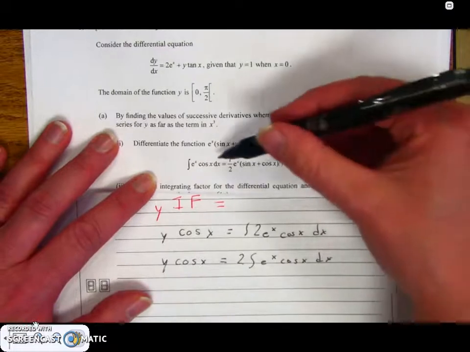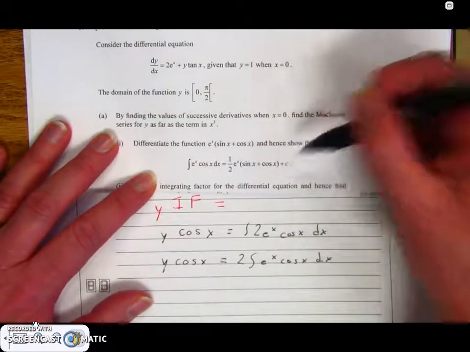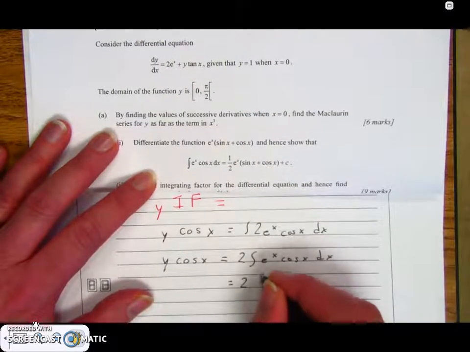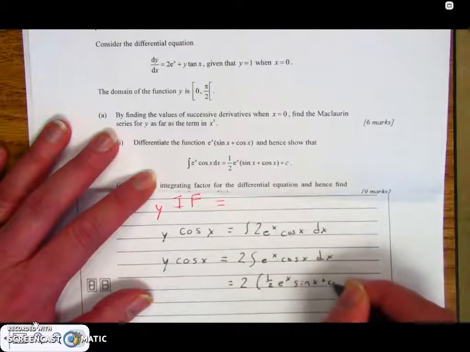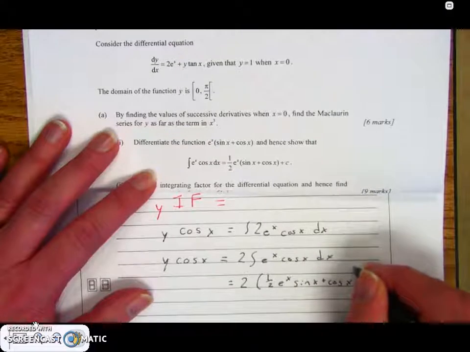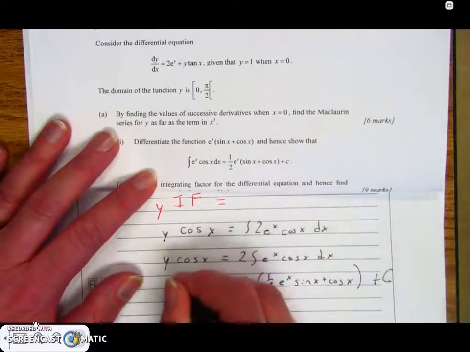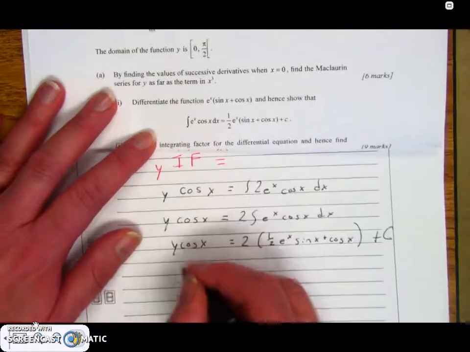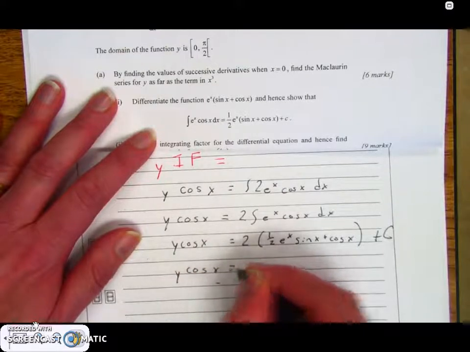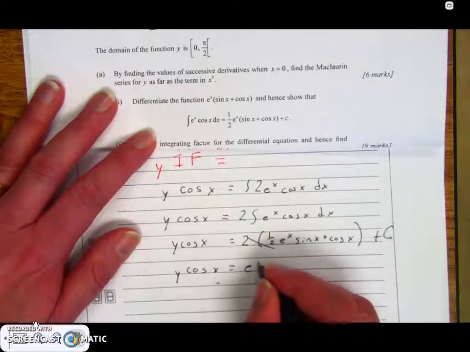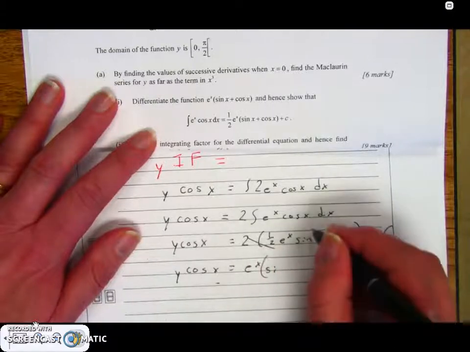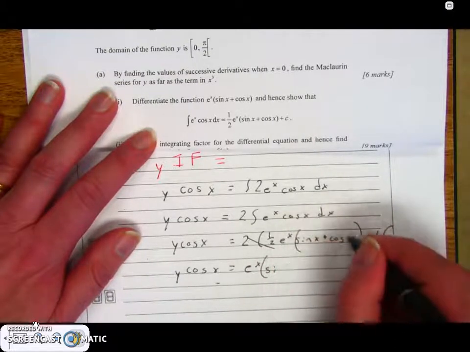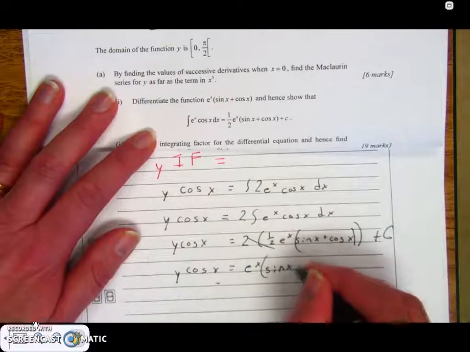And they told me that the integral of e to the x cosine x is all of this stuff, so I'm going to substitute that in. And then I've got this guy over here. So I have y cosine x equals e to the x times, oh, sorry, I lost a parenthesis here, sine x plus cosine x